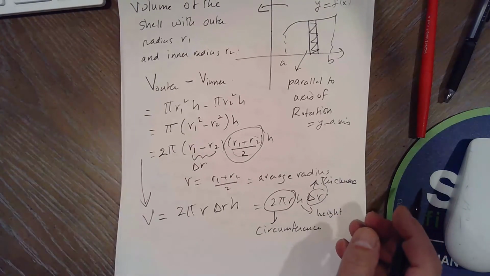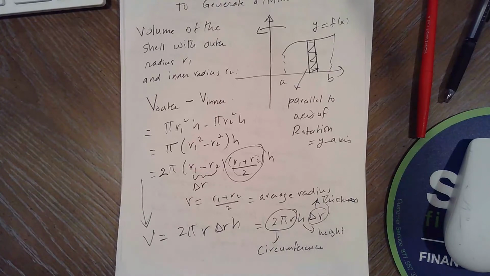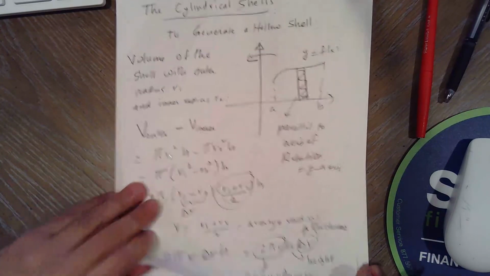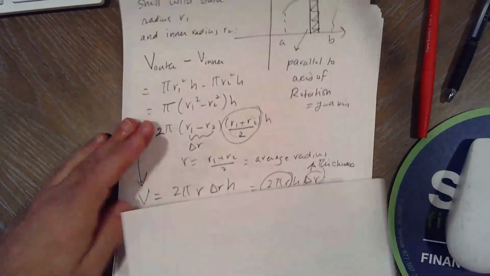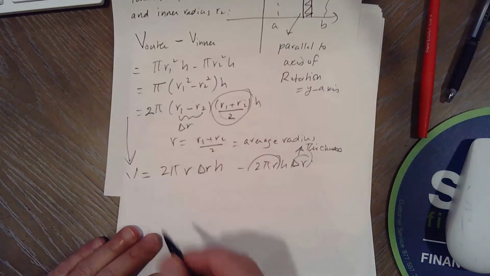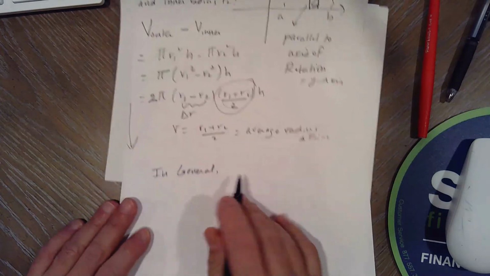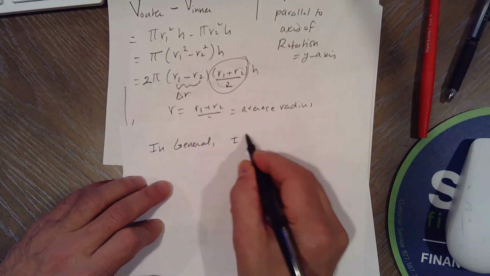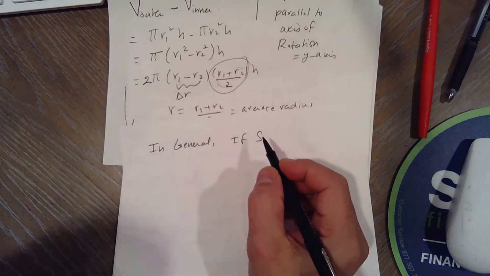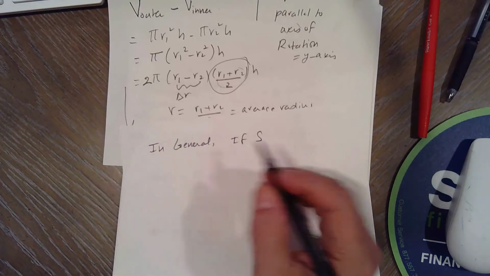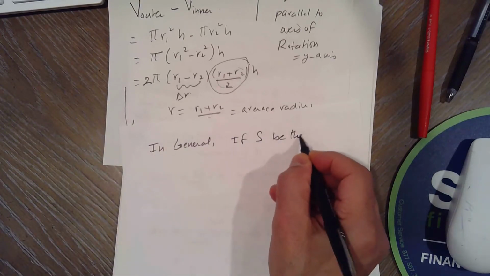So this is just an example. Now we can generate this for any solid, and I'm not going to write down all the details, but I'll give you roughly, because it's all in the notes. So in general, if we're not just talking about a specific graph, let S be the solid